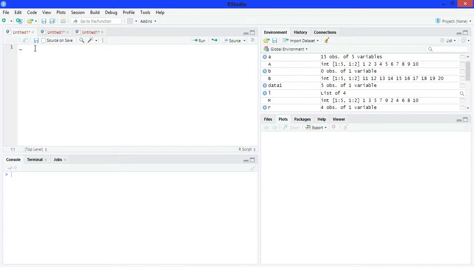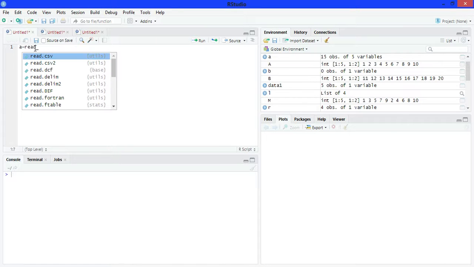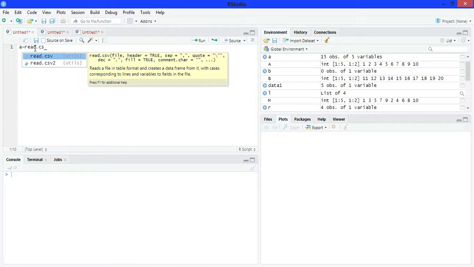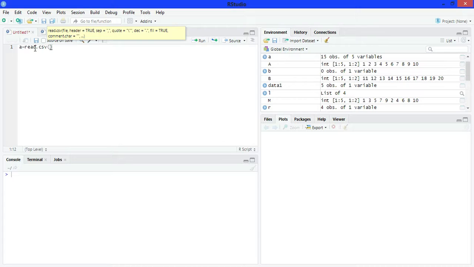Write A is equals to read dot csv. Now write here your file name record dot csv.